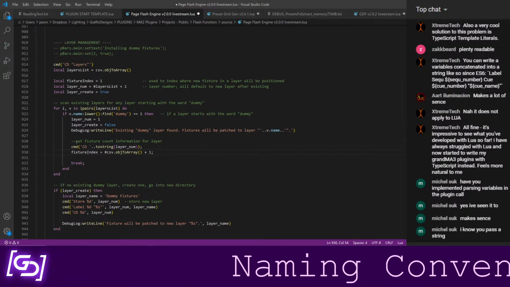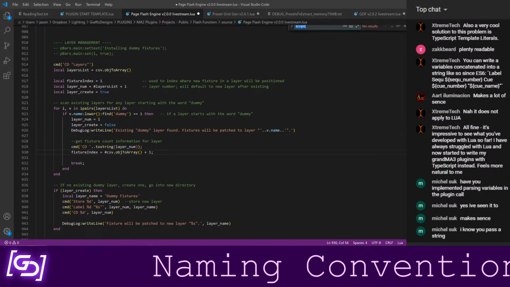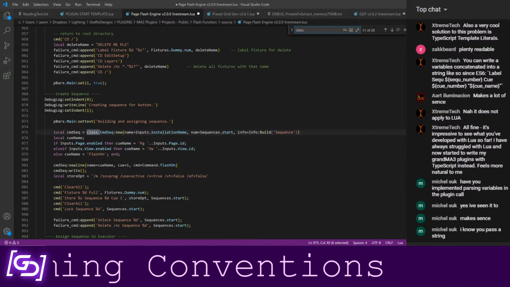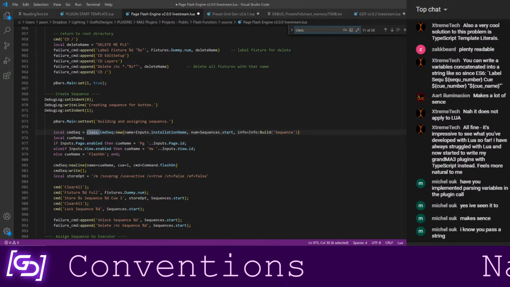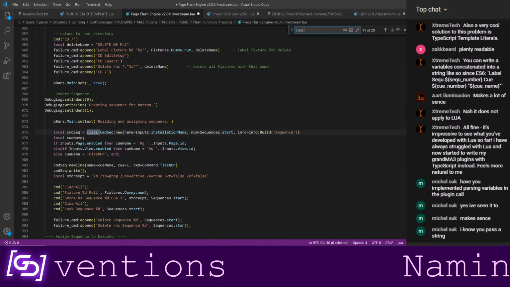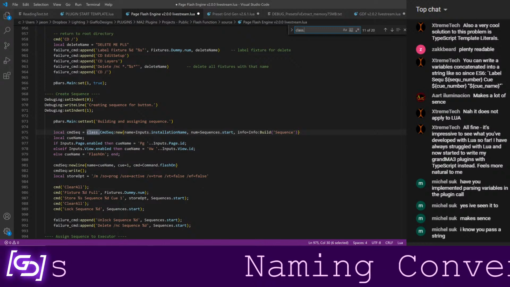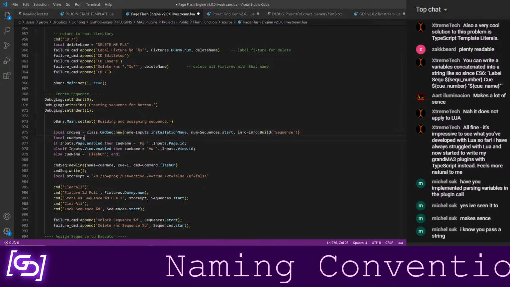Page Flash, this one. Does this generate macros? Certainly it does. Class dot. So anything that is a class template, I store in a table called class within my GDF library so that I know exactly where to be looking for them. So here's an example of one.